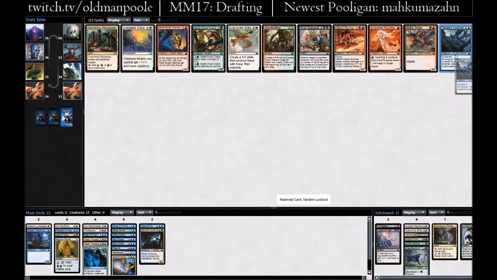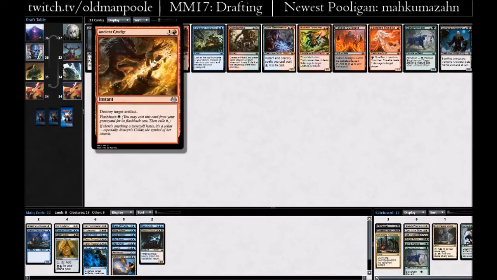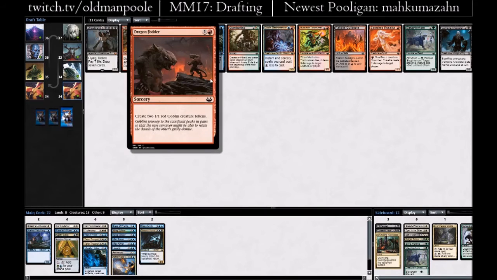This may, well, I don't know. This may not be correct. I think I'm undervaluing the fixing. Dinrova Horror is really good. I think we'll take the Necropolis. Oh, Gristlebrand. So beautiful. No way we can ever do anything with it, but